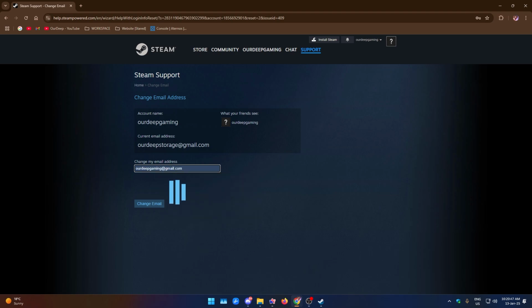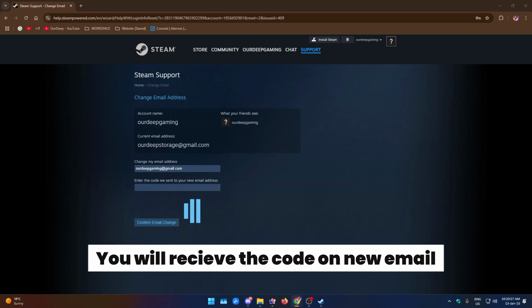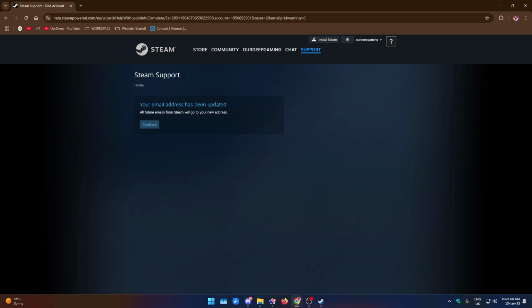So put the email address that you want it to change to, and here will show up your current email address. Just click on change email. Here you will receive a code on your newer email address. Paste the code and confirm the email change, and your account has been successfully transferred over to the new email